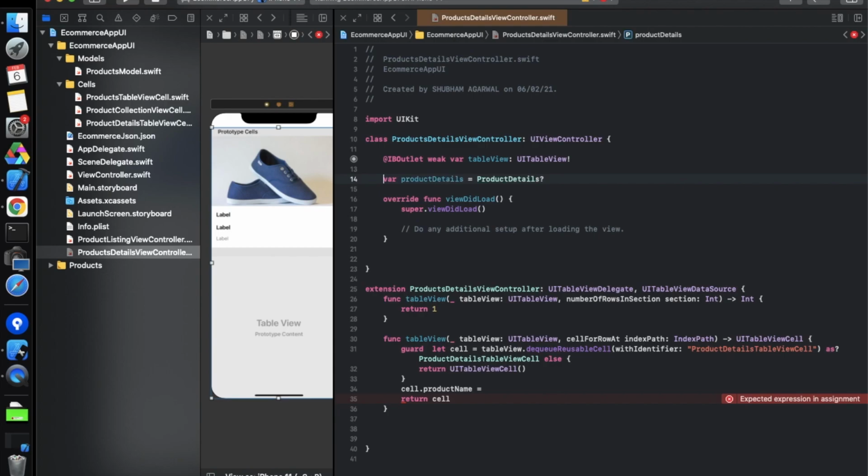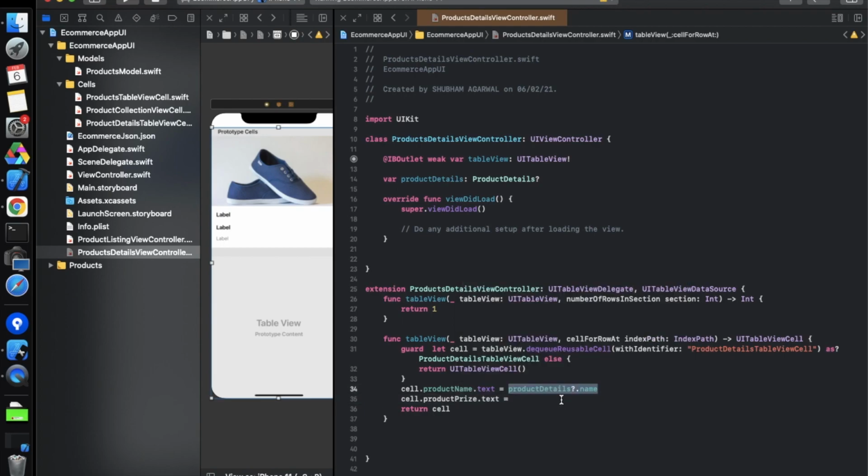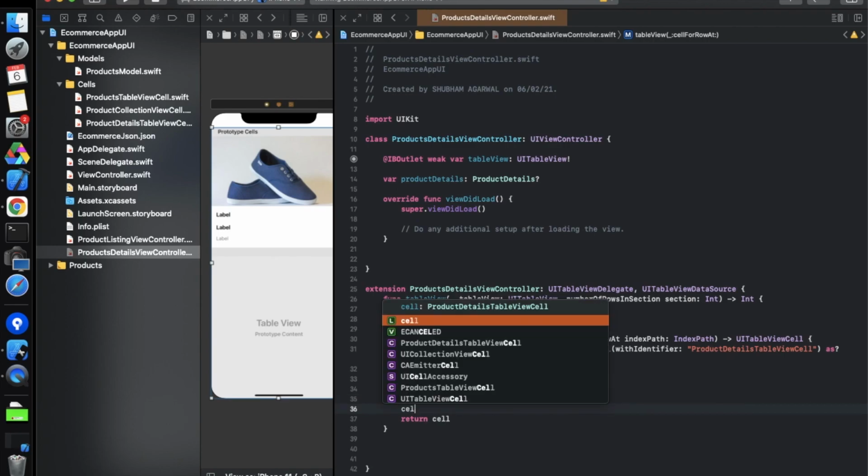We don't assign the object, something like this. So now over here we have taken a single cell, that's why we didn't need the index path or anything like that. Otherwise we would need to take that thing for the cell.